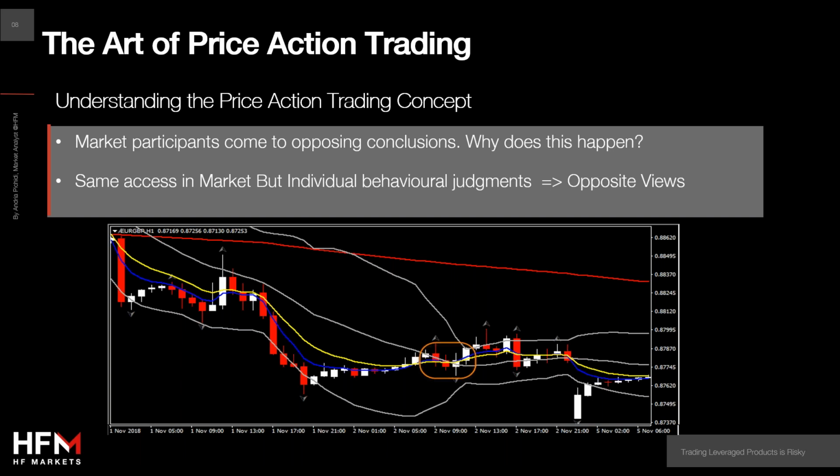Also, we need to understand the concept, first of all, okay? As I said earlier, in the market, we have buyers and sellers, so we have two parties, right? In order for the price to move, we need to have someone to buy and someone to sell. So we have two parties in the market. So a trade occurs only when these two parties, the buyer and the seller, take two different views on the same security.